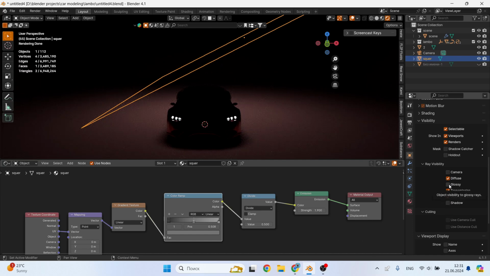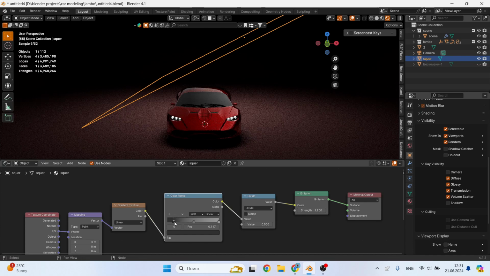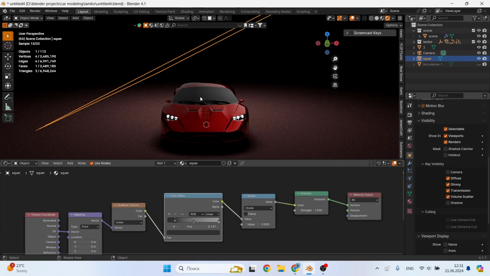Now you can move the sliders on the color ramp node. You can try to make the colors darker or lighter. A very cool result.